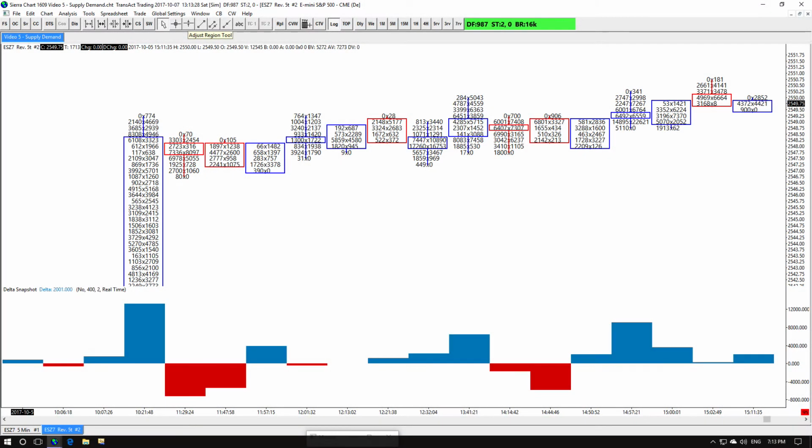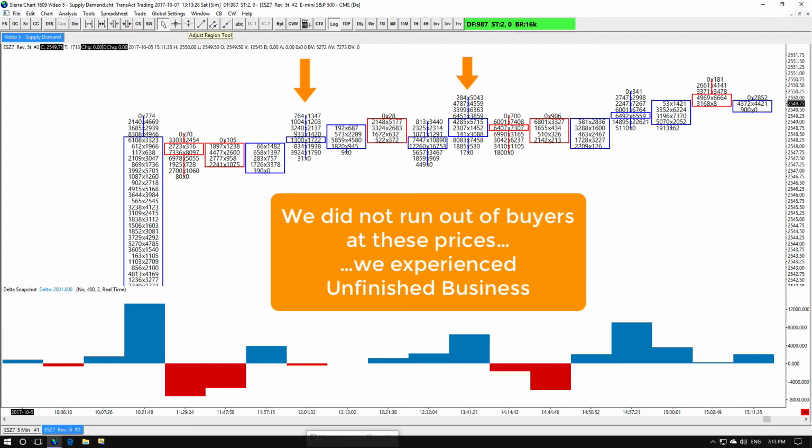If the market is moving upwards and we do not encounter a price high enough for nobody to buy, in other words we see that volume traded on the bid and on the offer, this is referred to as an unfinished auction or unfinished business. The idea of this is that during the price rotation auction, a price was not discovered that was sufficiently unattractive for no one to trade, hence the auction process is unfinished.